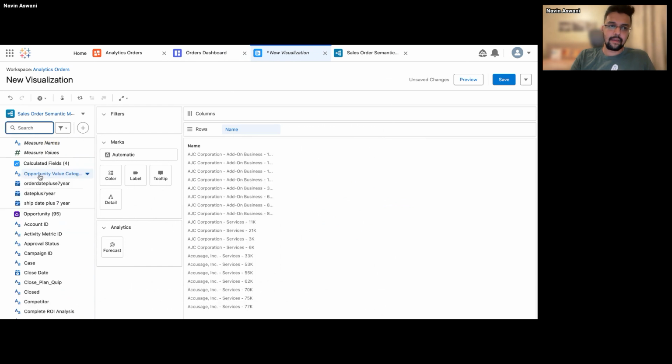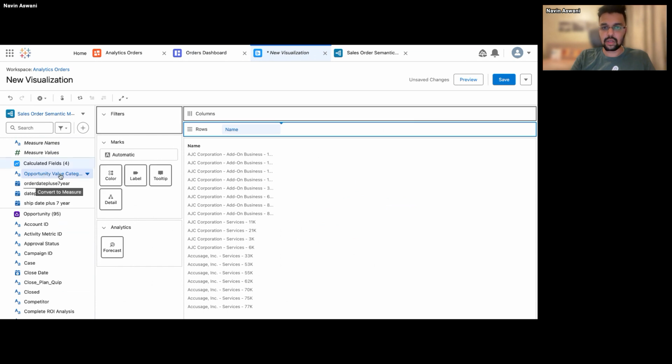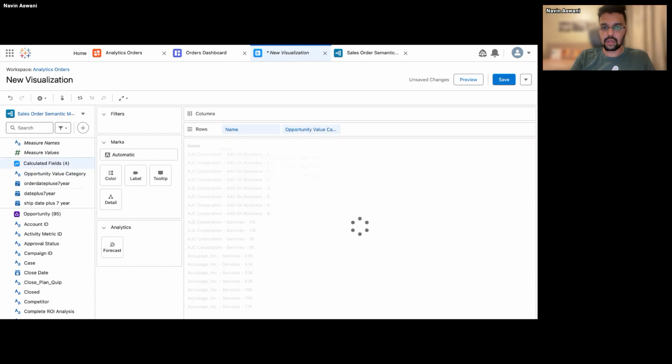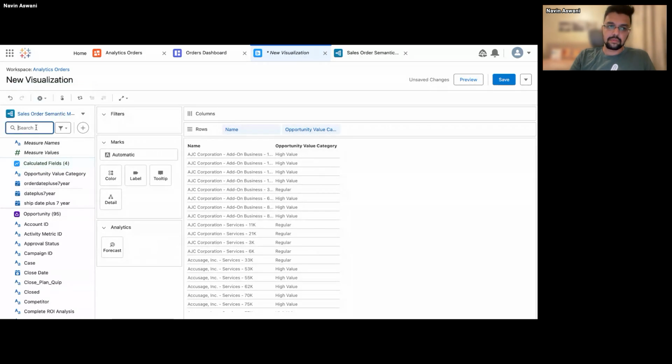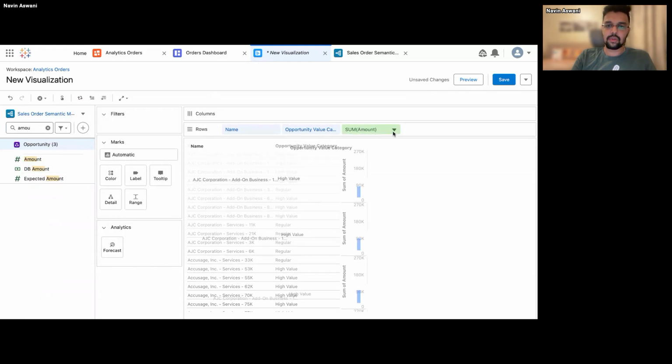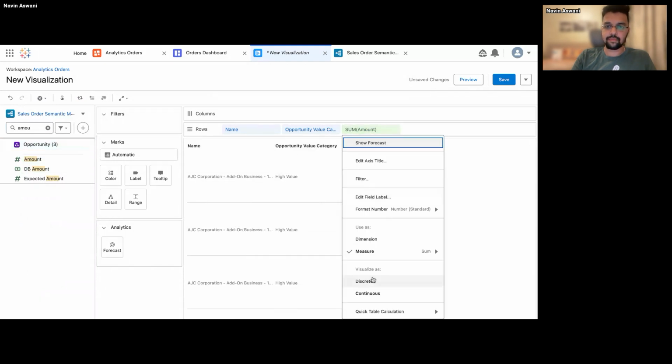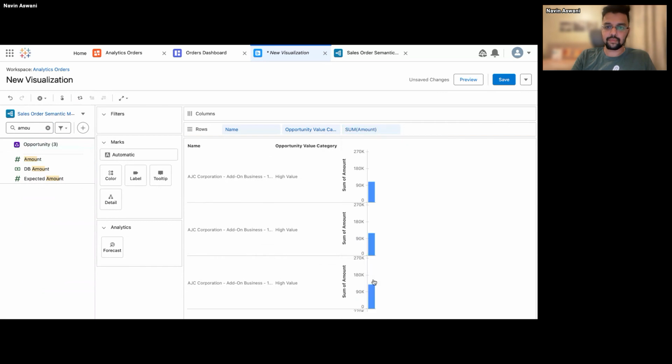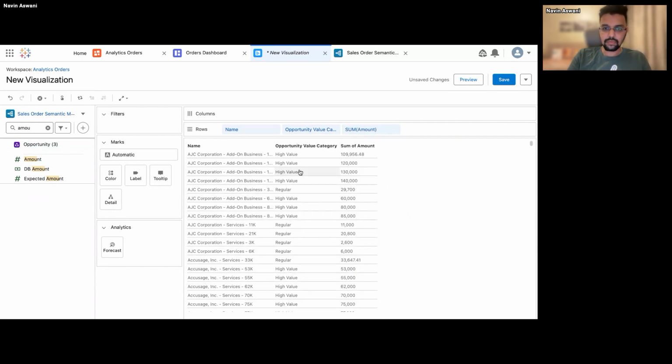And next, the calculated field that we created was this one, the opportunity value category. Let me put this as well. This will give a categorization. Let me pull it as well, so that it will be easy for us to distinguish. Let me make it discrete, and this will give you based on this.